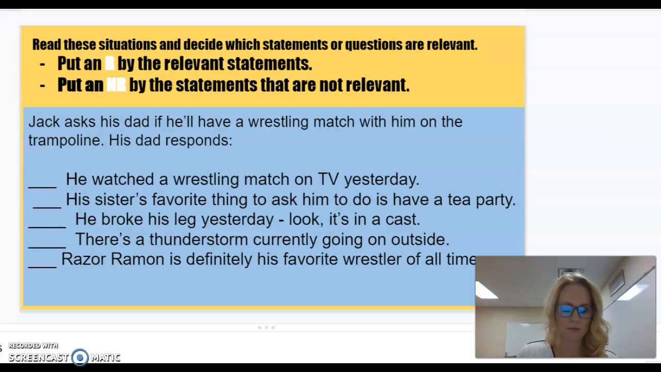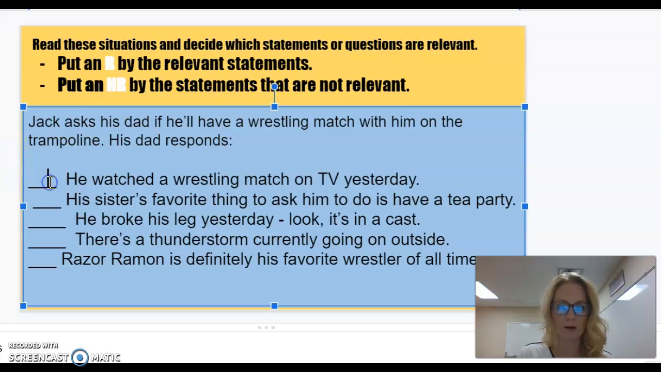Okay, so the first statement reads, he watched a wrestling match on TV yesterday. Now, that does have something to do with wrestling, right? Yes. Jack wants to wrestle and he wants his dad, and his dad watched wrestling. But does that help Jack determine if his dad will actually wrestle with him right now? Probably not. So I'm going to put an NR